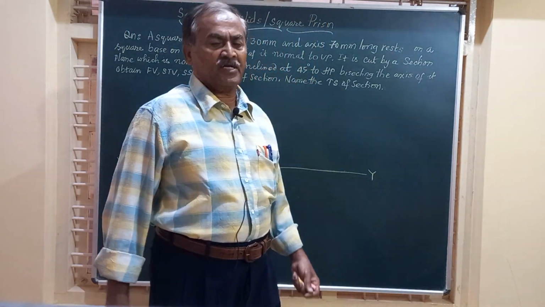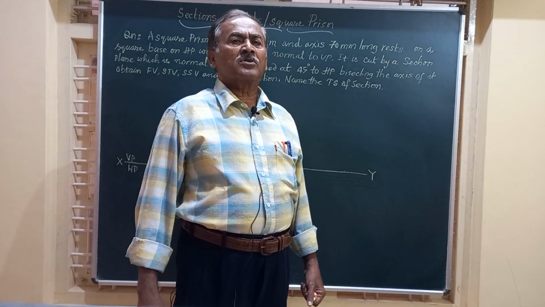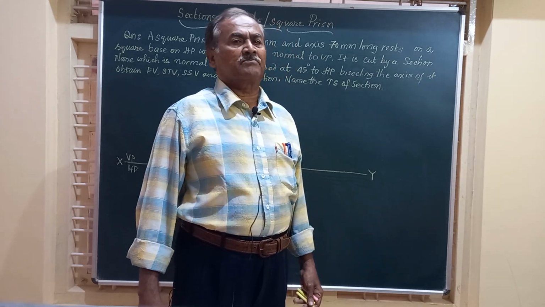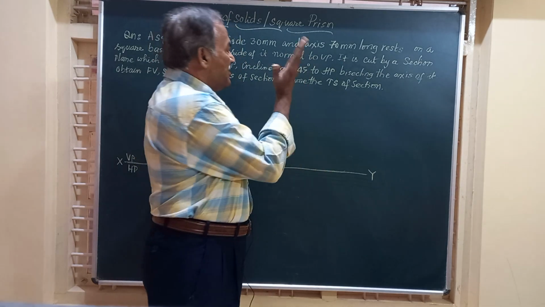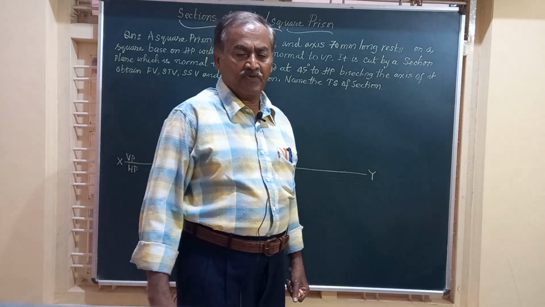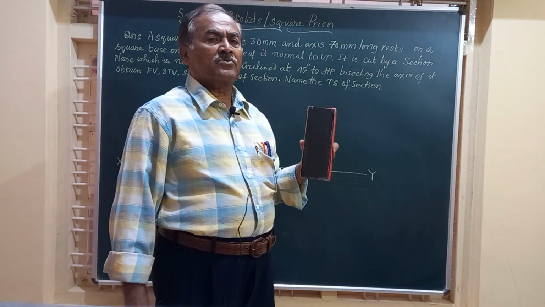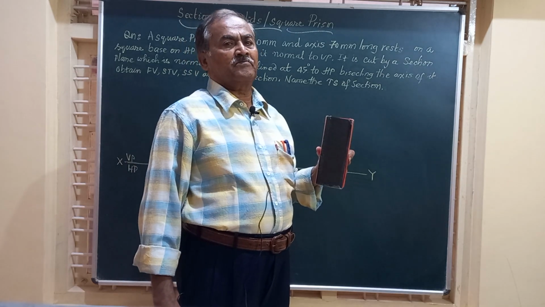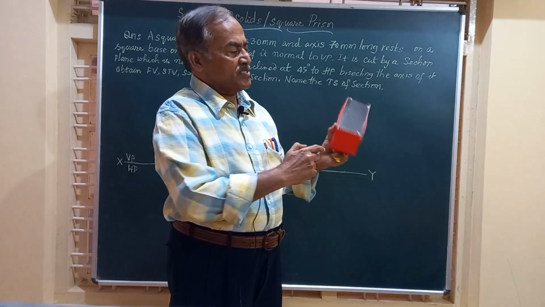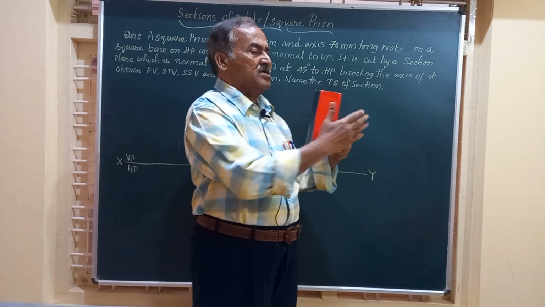Myself Dr. M.H. Annaya, and in today's video we are going to learn about the section of a square prism which is cut by a section plane normal to VP and inclined to HP. Friends, this is how a square prism looks like. So it is a square prism having a square base, a square top, and on its lateral surface there are